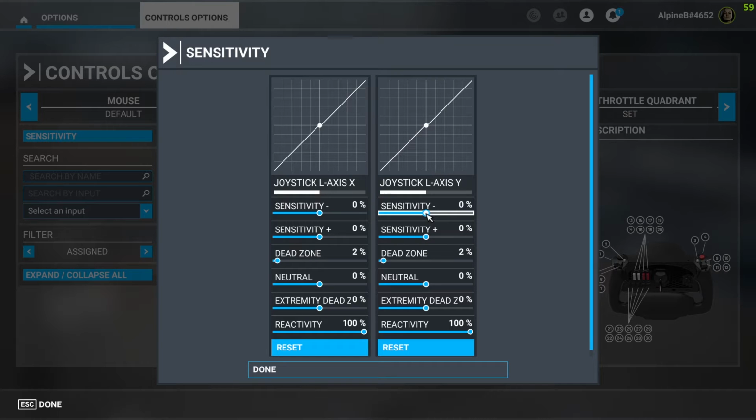Now, what I'd recommend is that the sensitivity be set to -30 for both top and bottom. There is no particular need for a dead zone in the middle, and the reactivity, if you do find for you personally that the aircraft feels a little bit too sensitive, one of the things you can do is drop the reactivity. I personally use 90, but you can go lower,